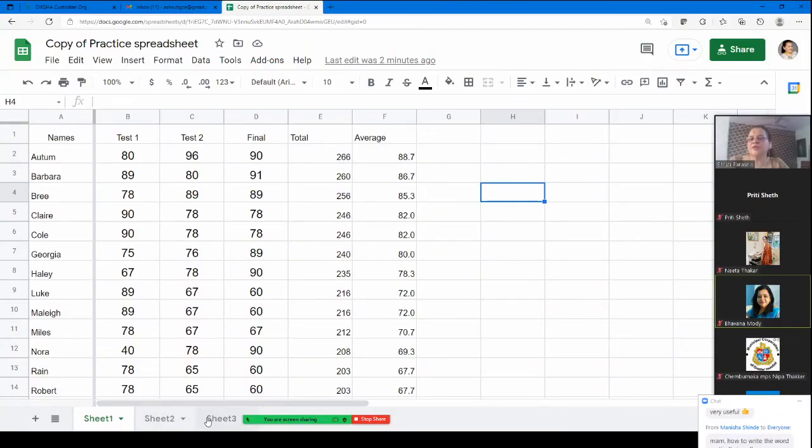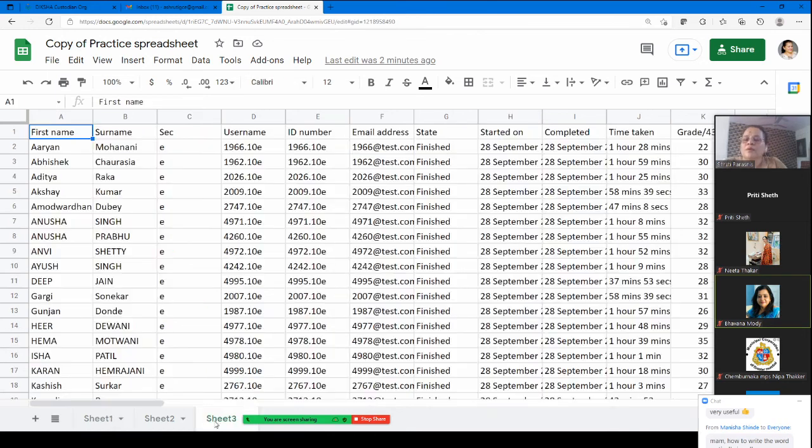Now I have sheet 3. In this sheet 3 is the actual worksheet of my students, like a mark sheet. Here all the students were there, and the roll numbers and sections were random. Let me unfilter it.